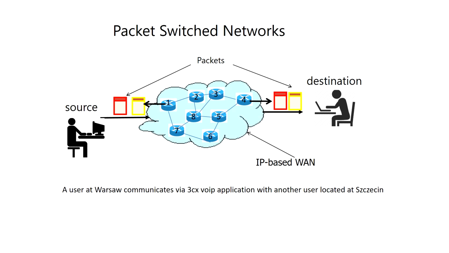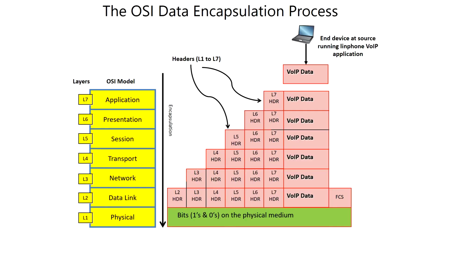As can be seen, packet switching has the following advantages. Transmission of packets from router 1 to router 4 continues even if the network to routers 2 and 3 are down. There is also cost effectiveness, as there is no need to reserve a full path for transmission of packets from source to destination. Let's assume data from a VoIP application is being transmitted through a communication network that follows the